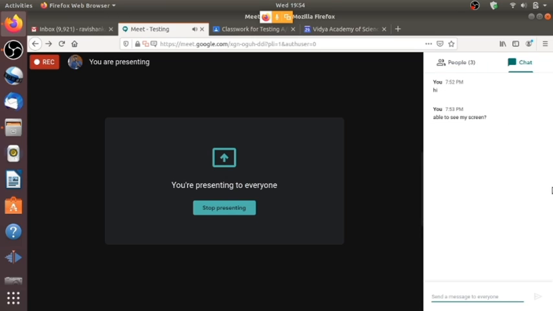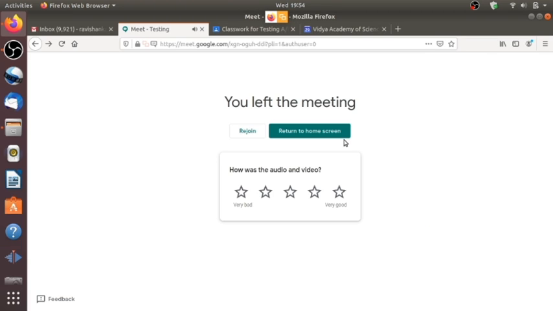Once we do all those things, you can have the recording option also. Then after that you can end the class. Then rate the quality of the class. It's optional again. The recording option and screen sharing option are at the bottom of the Google Meet application. Just move the cursor so that you can see the recording option.